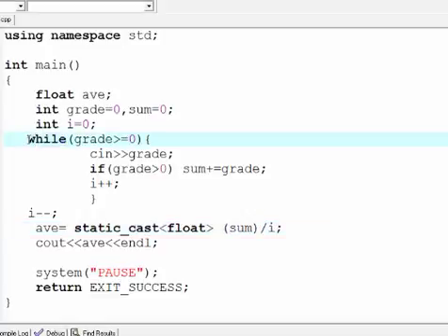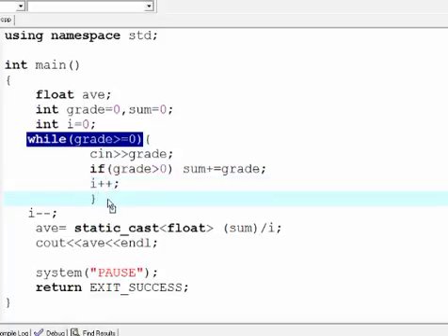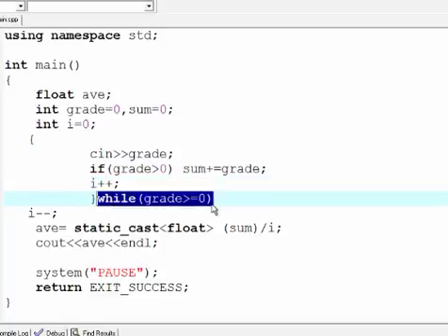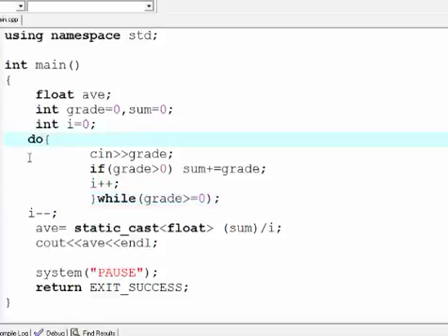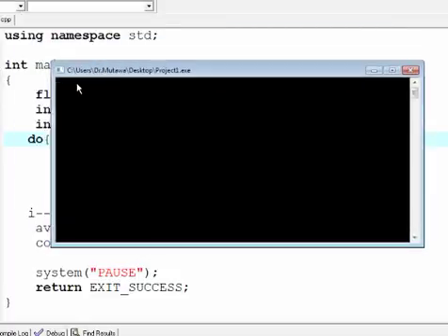Instead of while, we can use a do while loop. So do while is exactly same as while, but I take this, put it at the end of the block, and there should be a semicolon after it. Then I just write here do instead of having the curly brackets alone. Now this will execute. If I say 1, 2, 3 and 4, I have this 2.5, so it's giving me